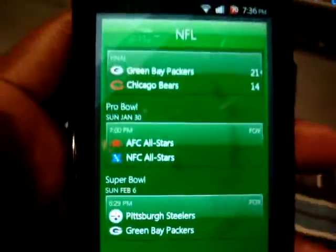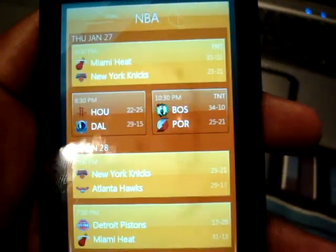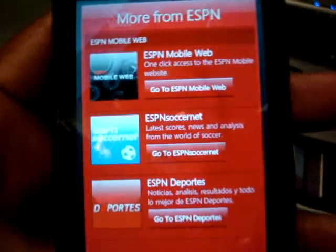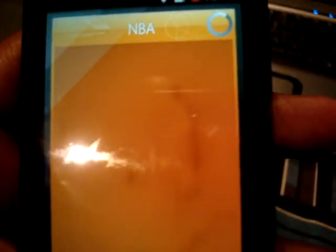And then these cards, I have NFL, NBA, and MLB. The only big distinction between all the cards is just the colors. That's it. If you click into any one of these,